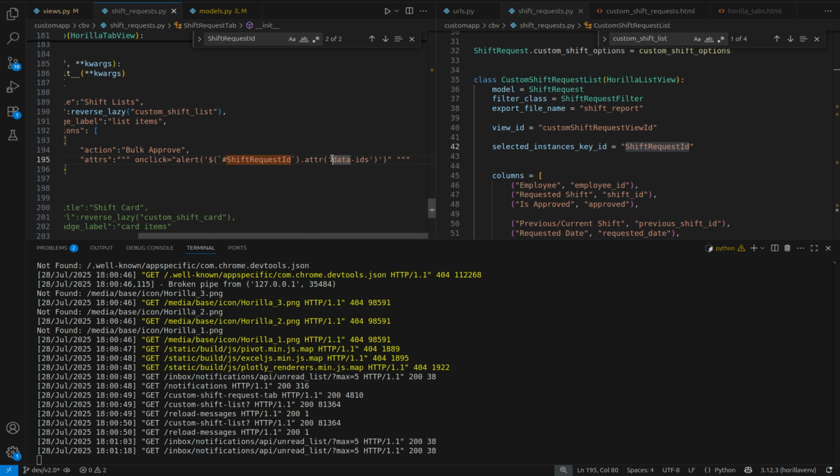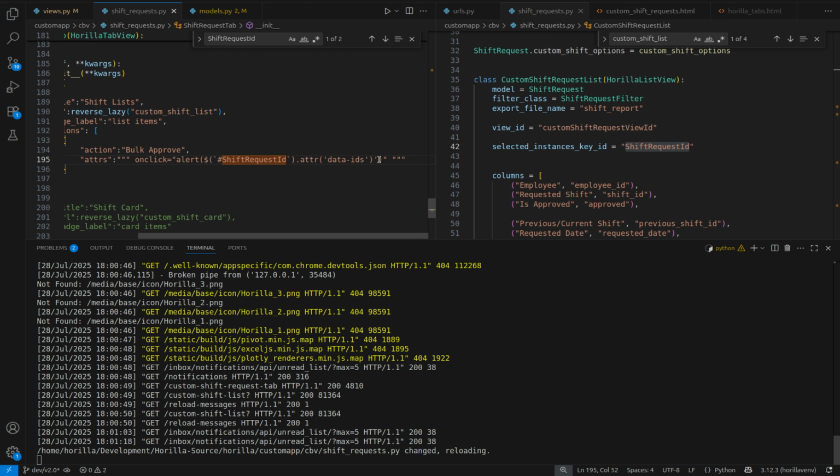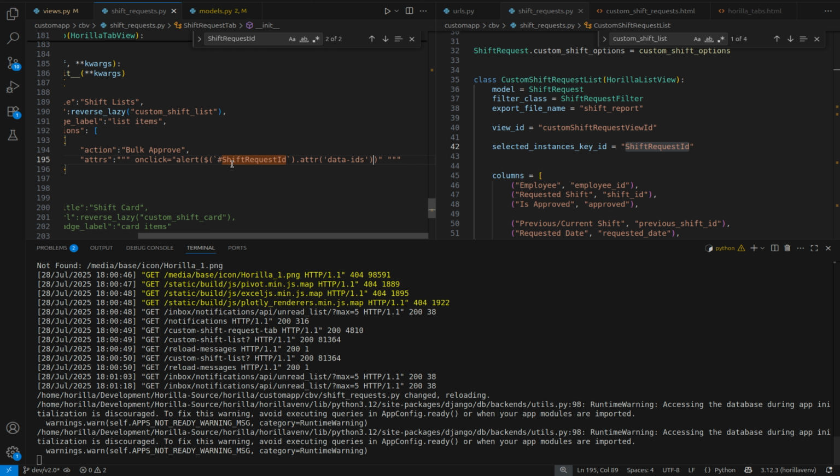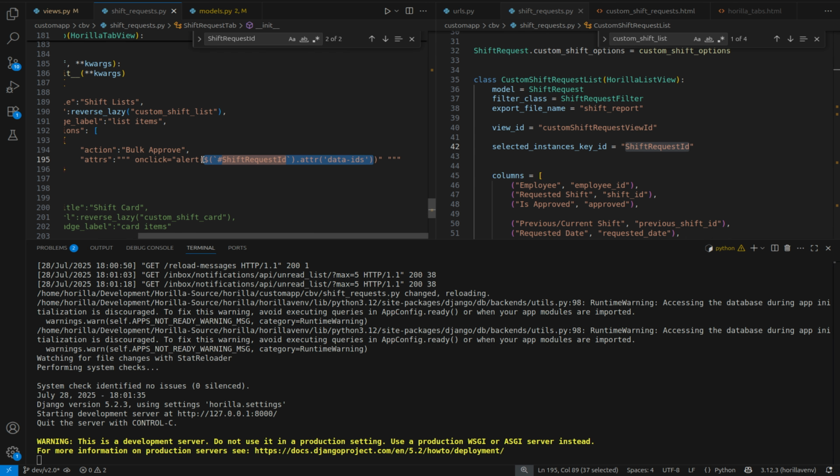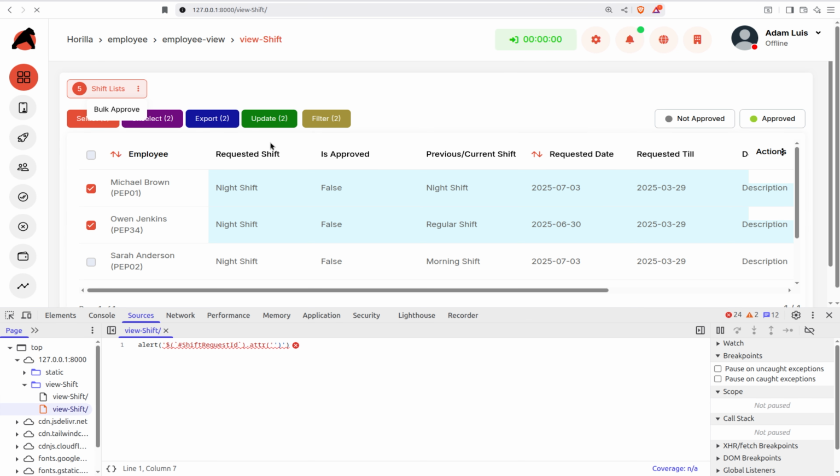Let's use this. No, this quote is not allowed over here because it's not a string. It is a script that will alert the IDs selected by me. So when I refresh now,